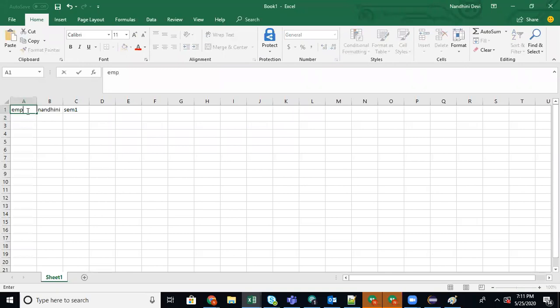So it's like this: employee ID, name, salary. Okay. So our requirement is we need to save A, B, C, and then Jack.